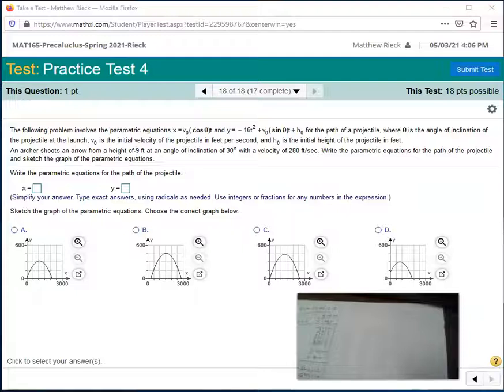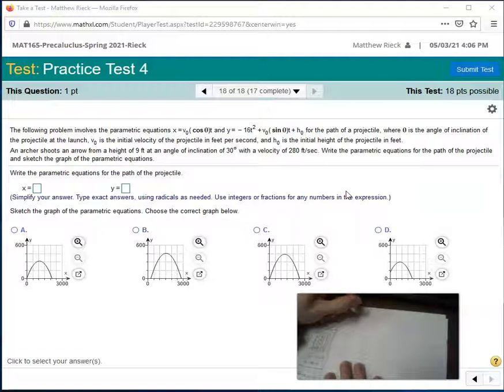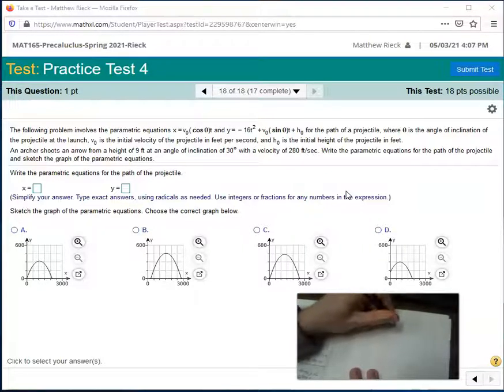So yeah, the rest of this is just setting it up. You have an archer who shoots an arrow from a height of 9 feet. All right, so that represents my initial height. An angle of 30 degrees, so that represents my theta, with a velocity of 280 feet per second. So that represents my initial velocity there. All right, so we have my parametric equations. So we have x equals v sub 0 cosine of theta t. So my initial velocity is going to be 280 cosine of 30 degrees times t,